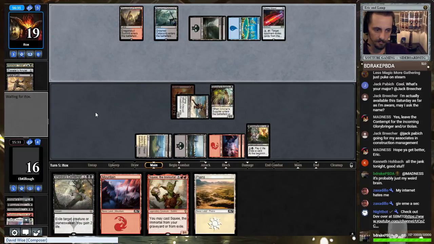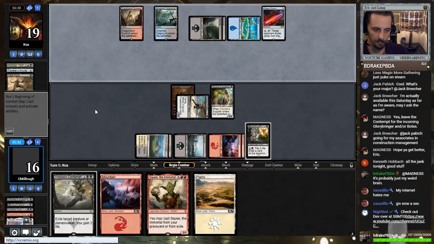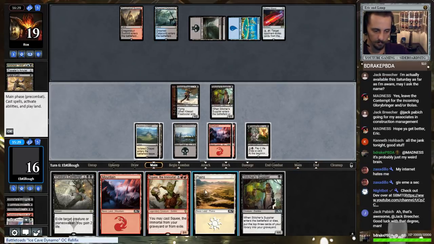Oh man, he sacked his Traveler's Amulet to kill my Tishar. Well, fine. I mean, he still has the...